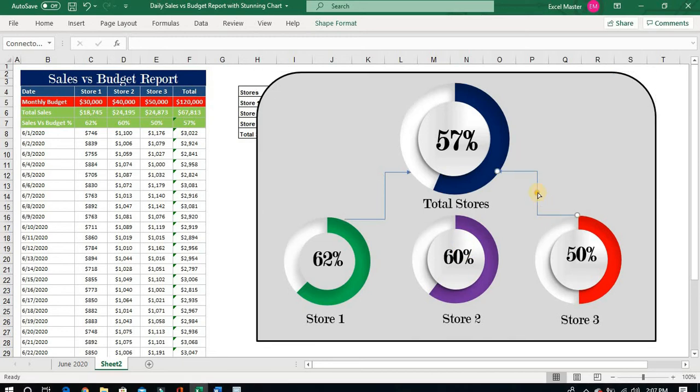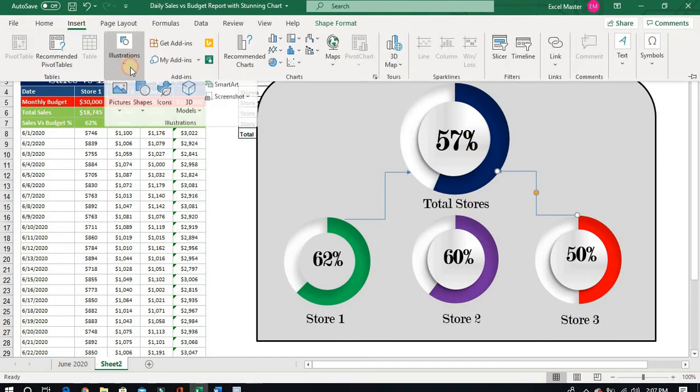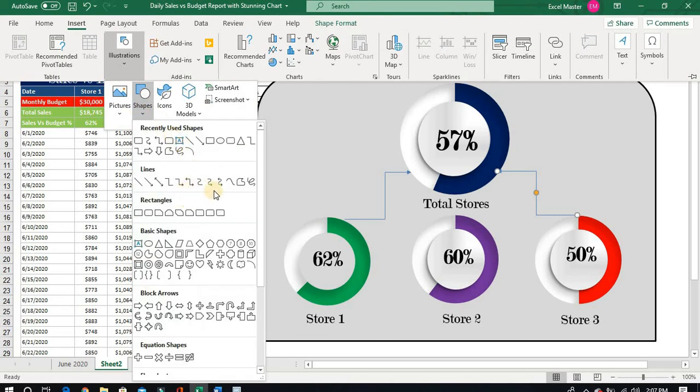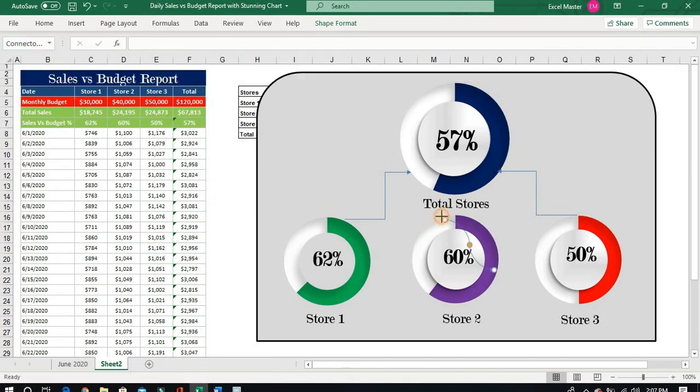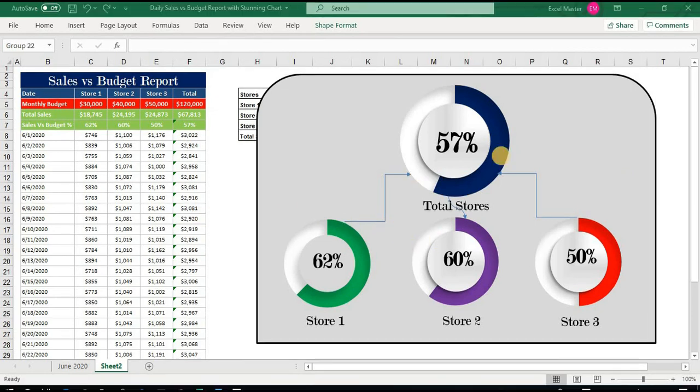We will also connect one here, so we can shape it, and we will have a small curved arrow connector here to indicate this. It looks beautiful. We can change the connector's color if you want.